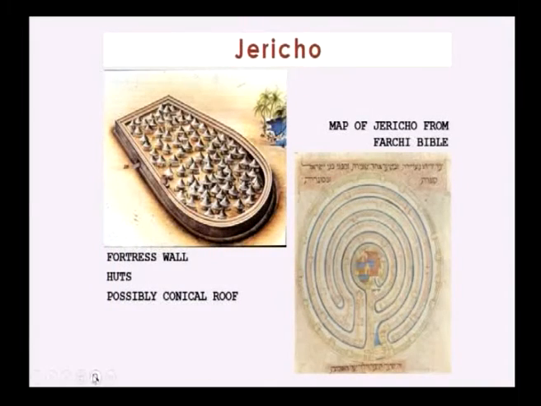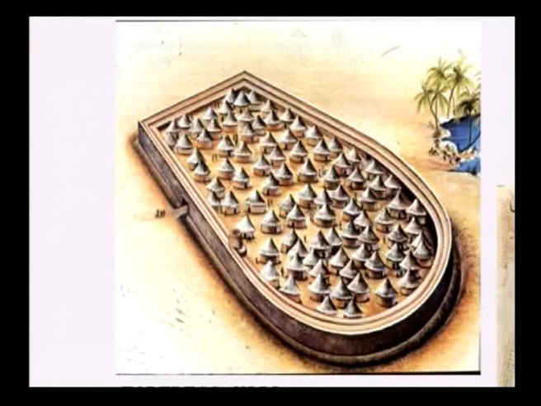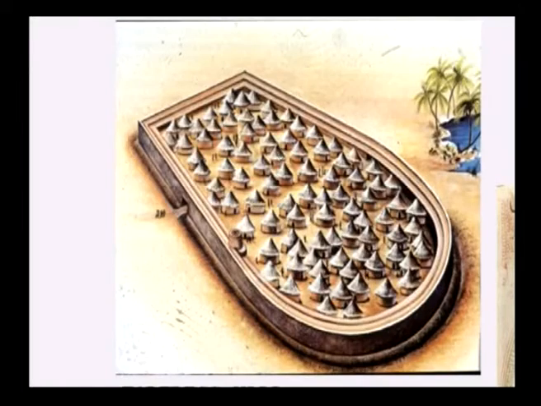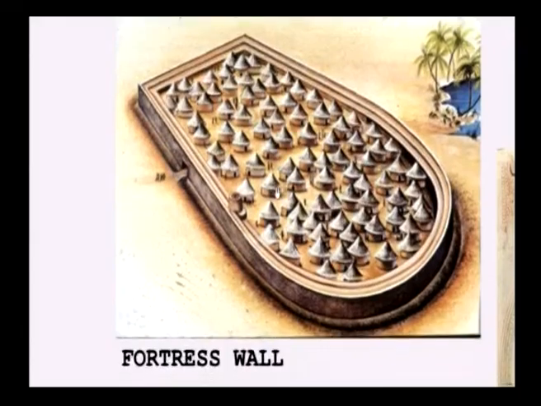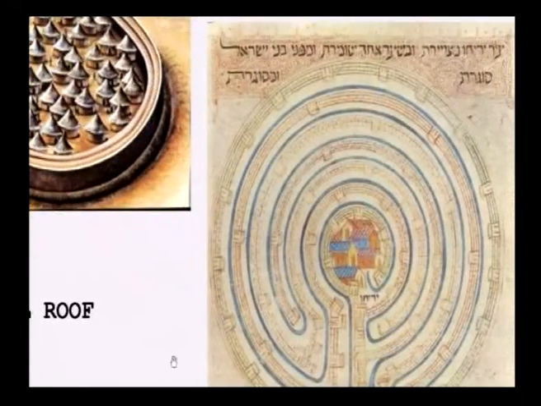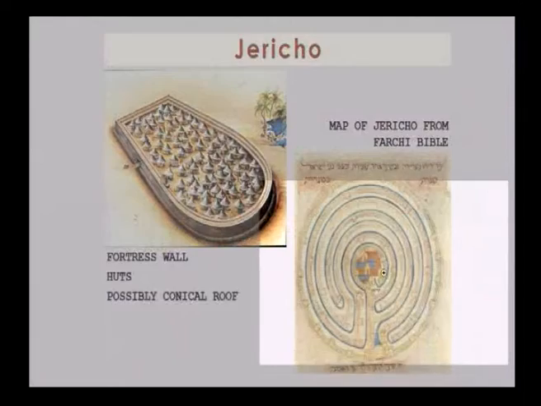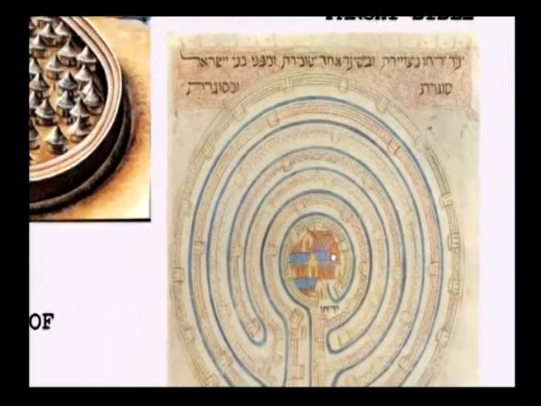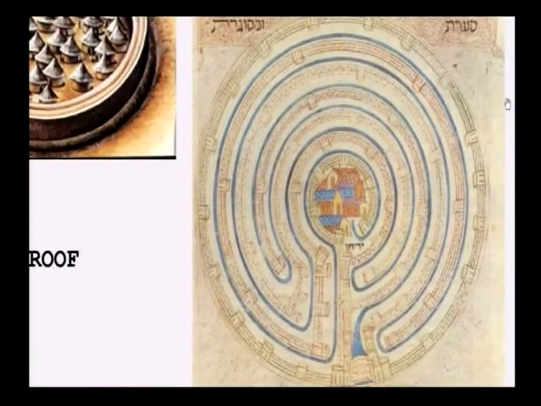Settlement of Jericho. As you can see, the earliest settlements of Jericho had 27 feet thick fortress walls, covering an area of 10 acres inside. The initial settlements included mud huts which could possibly have had conical roofs. The inhabitants were farmers and hunters who buried their dead below the hut roofs. This is a map of the settlement of Jericho from the Bible. It shows the fortress walls like a maze with the city inside. This is an expression of how much fortification was done for the settlement.